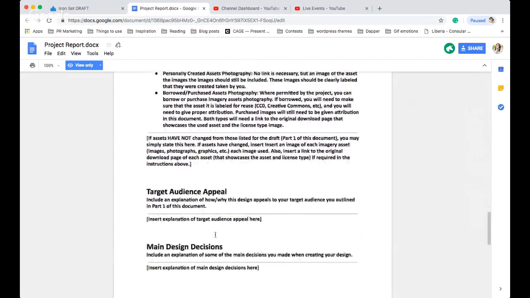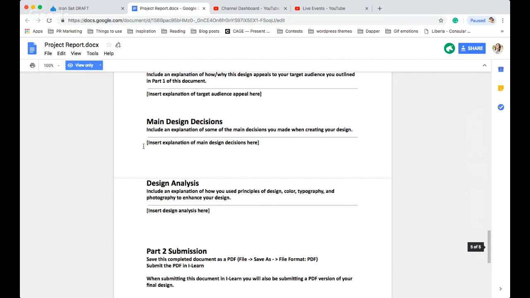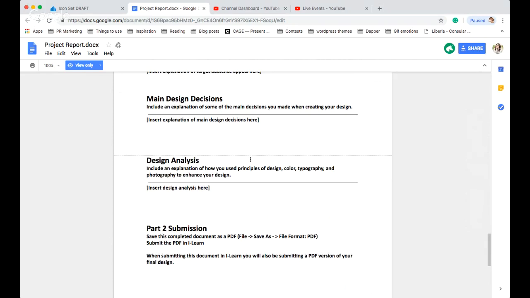And then part 2, so you're going to be including an explanation of how or why this design appeals to your target audience you outlined in part 1. So how does it actually appeal to your target audience? Main design decisions, you're going to be including an explanation of some of the main decisions that you made while you're creating your design. So just include that here. Again, this is a report, so make sure you're using sentences and just make it sound complete